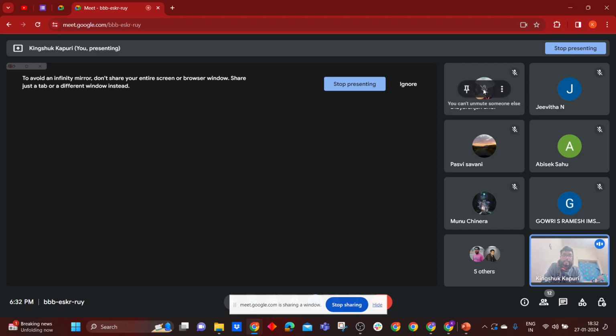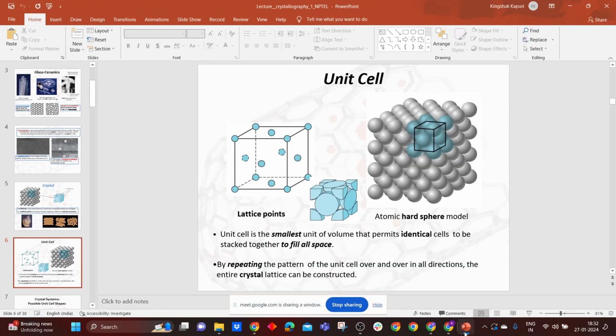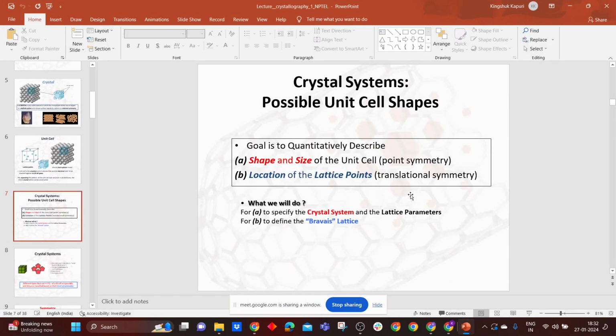Here we have assumed a cube, and you can do this experiment. It is better to draw it in your copy in your free time. Not only a cube, you can take any shape, just take the motif or unit cell and repeat it at a constant distance, and you will get the desired figure. So this is a DIY, do-it-yourself assignment for your better understanding, nothing else.